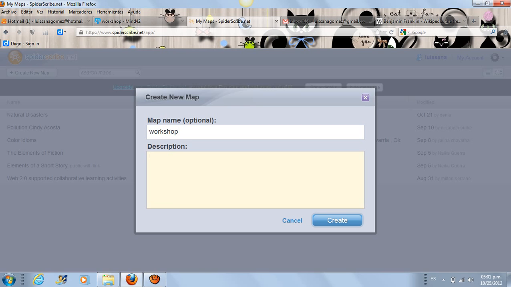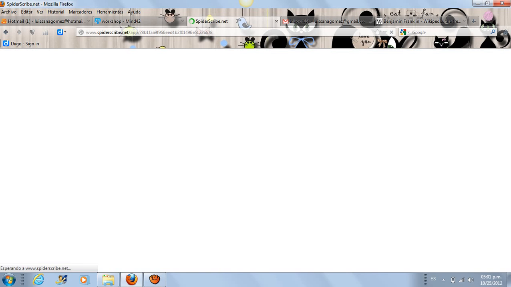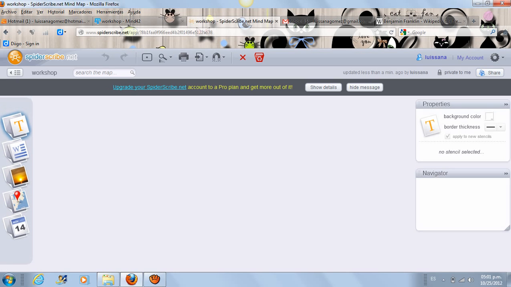Description, let's write American literature. Okay, here it says American literature and we click on create. Okay, so we wait. Here we have our map, so we can start adding information like text, maybe a file